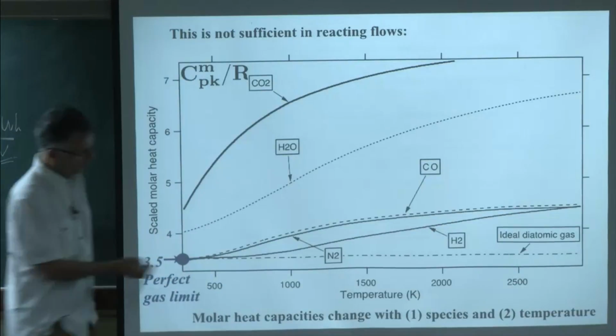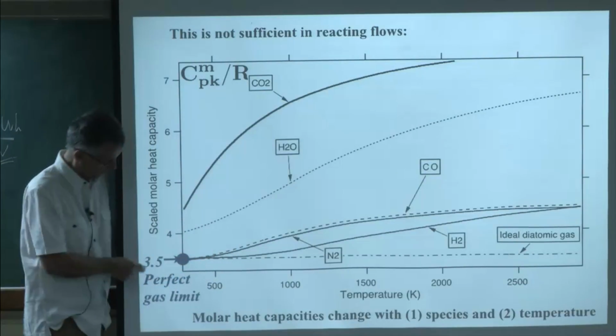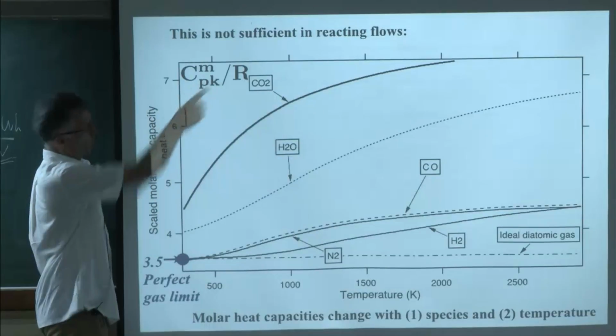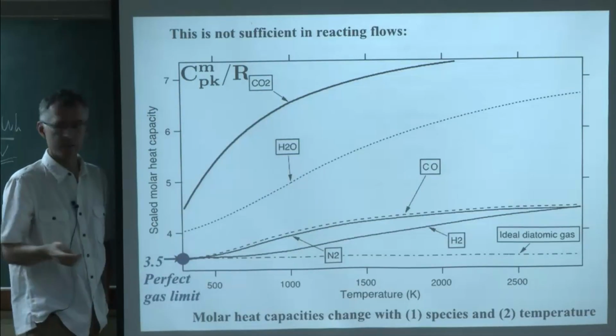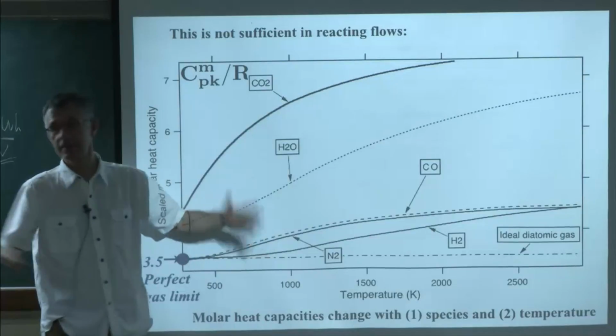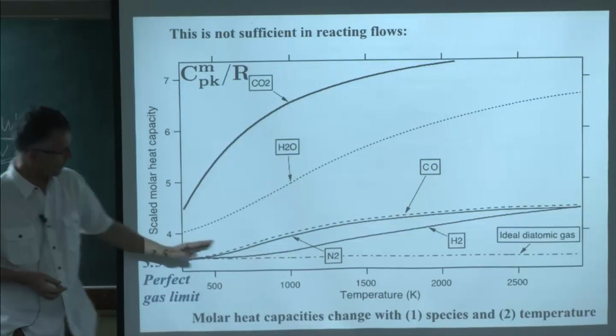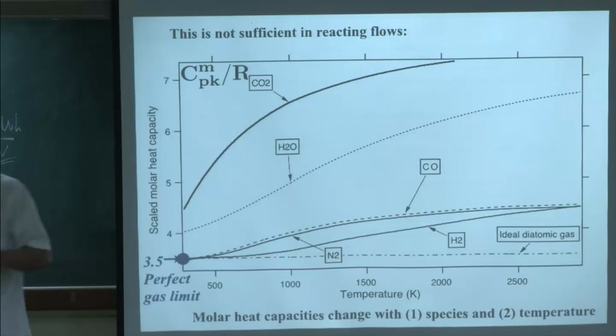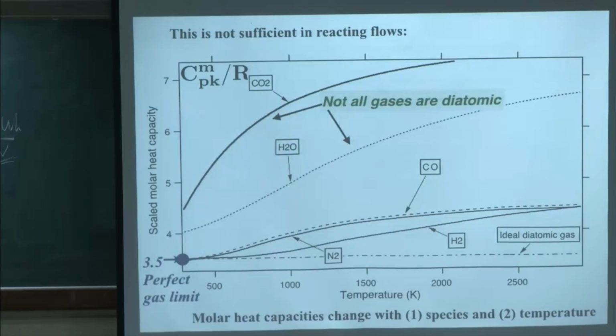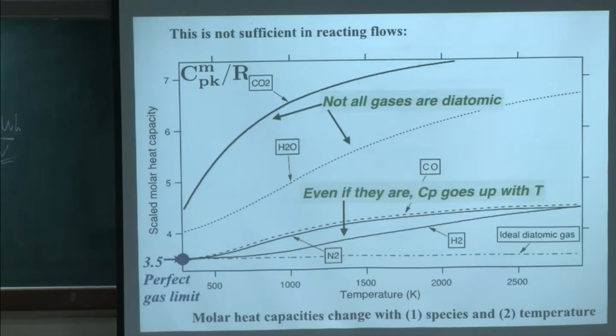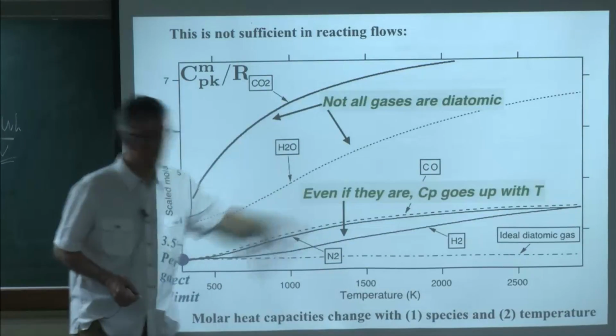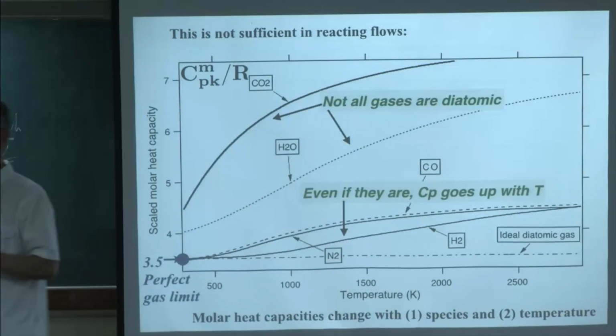And sure enough, all the diatomic gases go to 3.5. If you plot here Cp over R, that's the perfect gas limit. But when temperature increases, then that's not the case anymore. And of course, certain gases are not diatomic, and you see CO2 or H2O. And so even if they are diatomic, the Cp goes up with temperature, and that's something which is difficult to